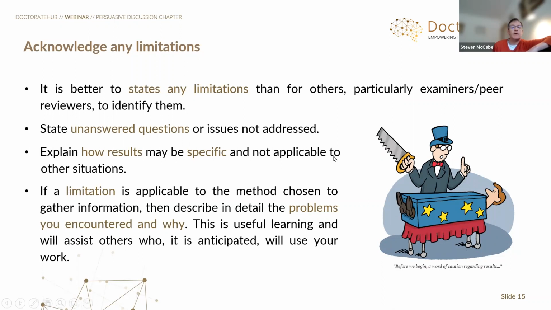Explain how results may be specific and not applicable to other situations. So what you've done may not be as generalizable, which is another wonderful word. Just because it happened in one particular situation, or in the circumstances, or on the basis of the data that you've collected, it may not necessarily be true in all circumstances. And if there's a limitation for the method that you've chosen to gather information, then describe in detail the problems that you encountered and why, because of course this is really useful learning